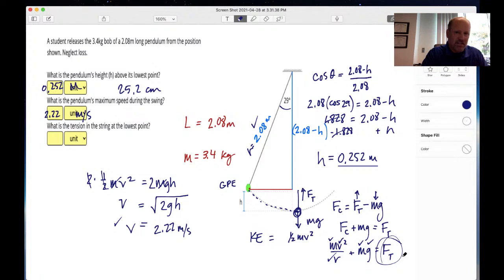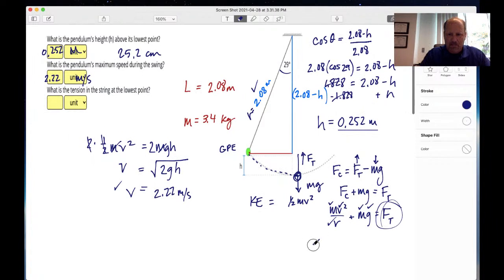So we can solve for the tension force by plugging and chugging. What is the mass? Well, the mass is 3.4 times v, which is 2.22 squared, mv squared divided by 2.08. That works out to be 8.06 on this side. So if we scroll down just a little bit, 8.06 plus mg, which is